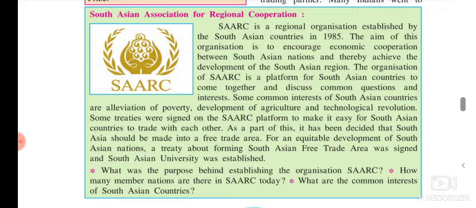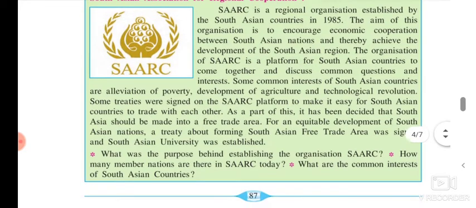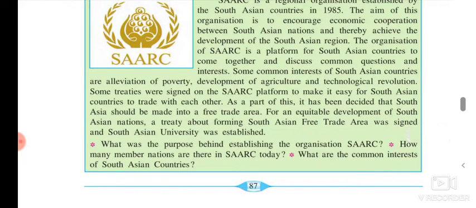SAARC is a regional organization established with the South Asian countries in 1985. The aim of this organization is to encourage economic cooperation between South Asian nations and thereby achieve the development of the South Asian region. The organization of SAARC is a platform for South Asian countries to come together and discuss common questions and interests. Some common interests of South Asian countries are elevation of poverty, development of agriculture, and technological